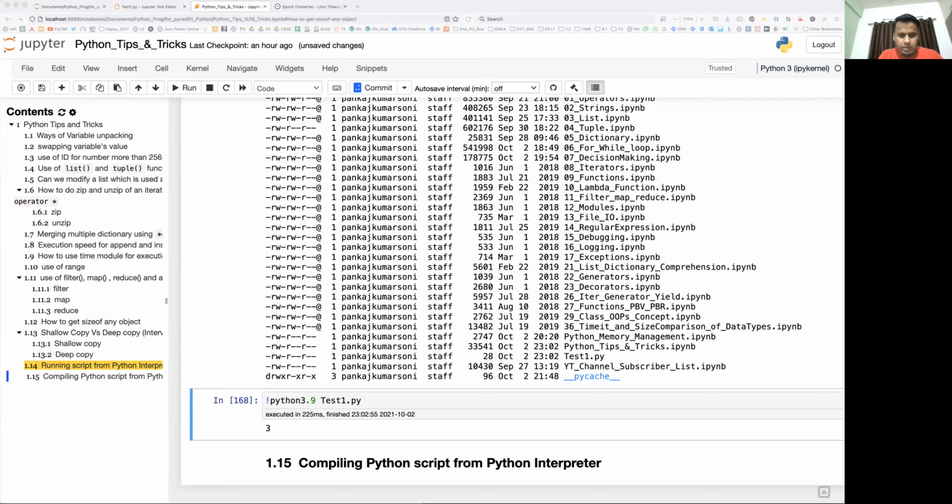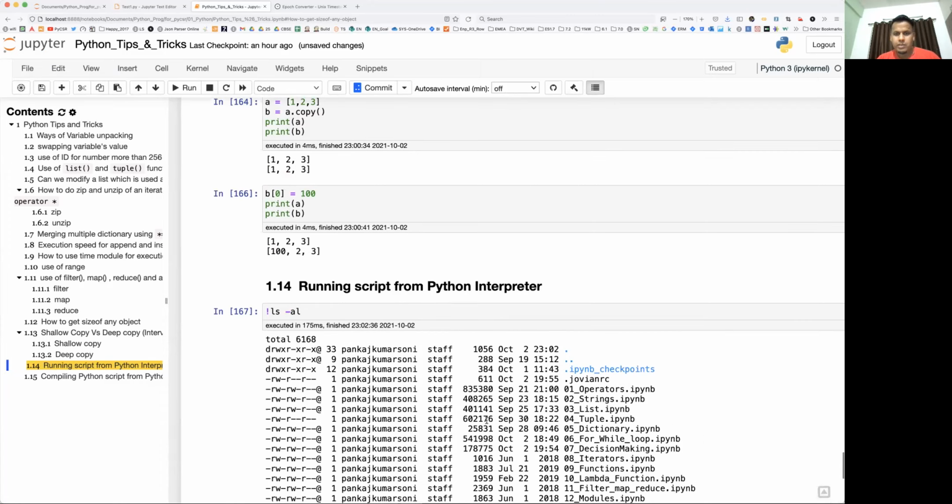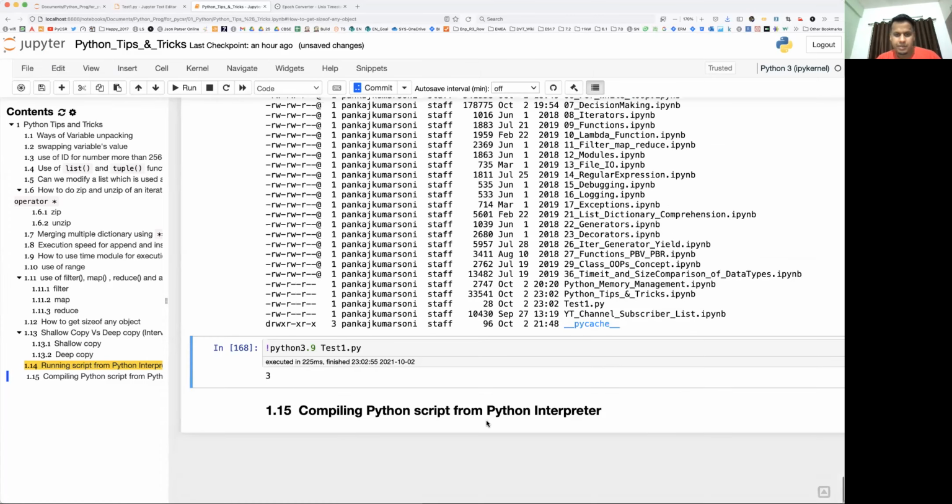So all you do is python 3.9 test1.py. Now this executed, and you are getting the final output, which is what we saw here. This is the way you run any Python script from the interpreter: call the name of the interpreter, then give the file name of the Python script.